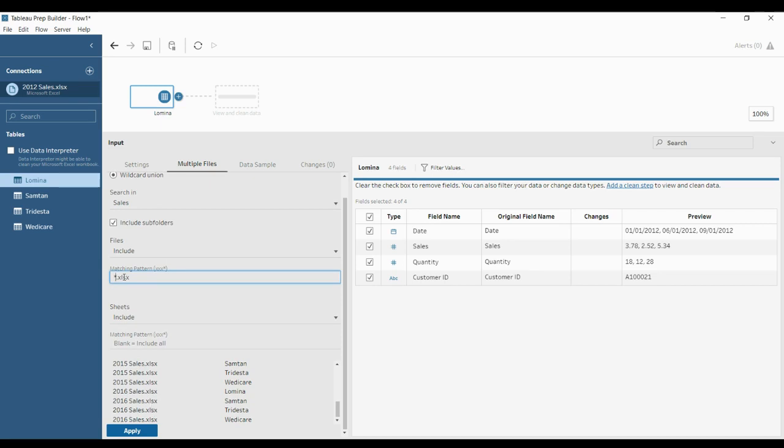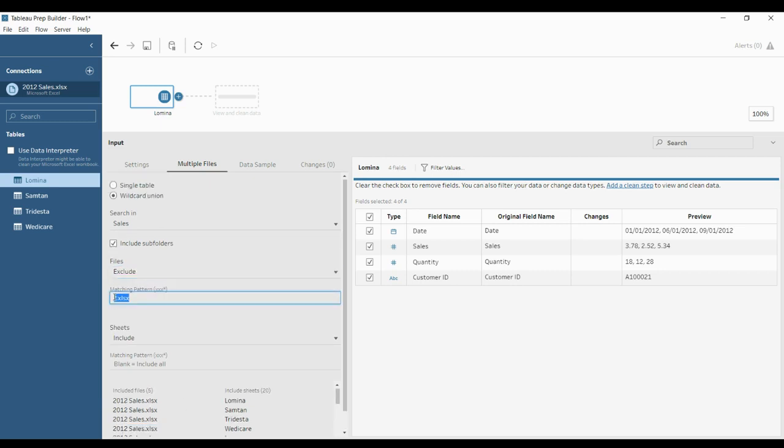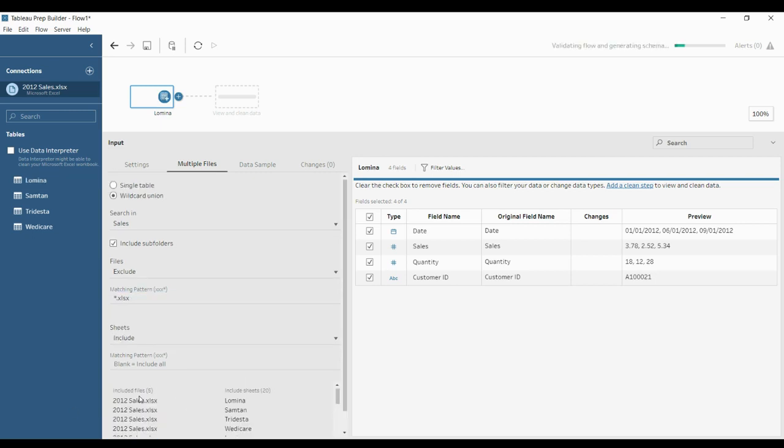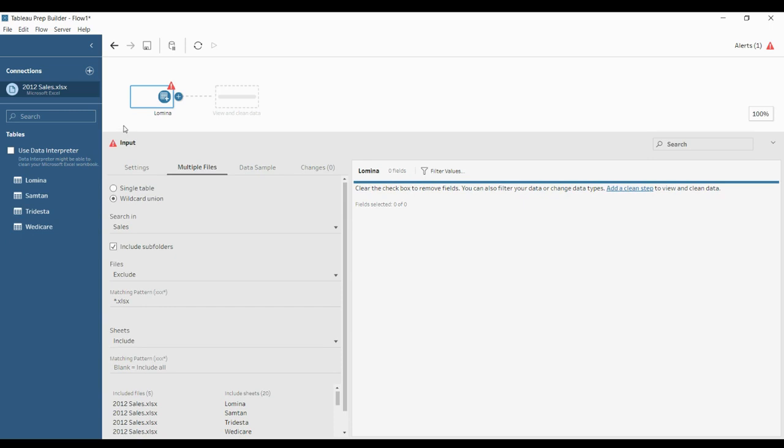If you use the match button star.xlsx, then you can see that all the files are included. If you want to exclude any file, you can simply click Exclude and specify it, like if you don't want 2016, you can specify that. But as of now I just want all of these, so you can simply click Apply, where you can see that all the sales data will be here.